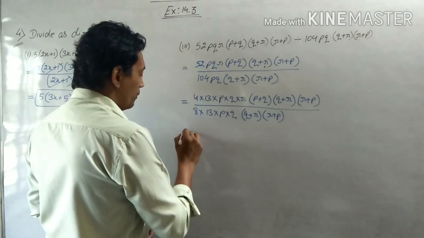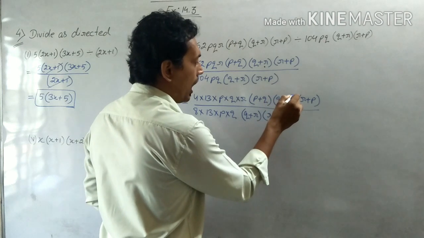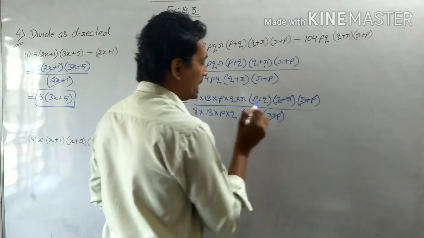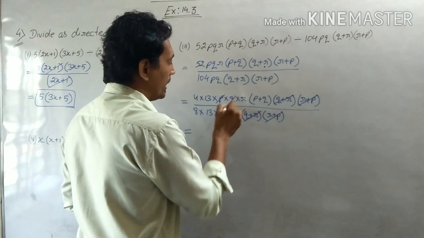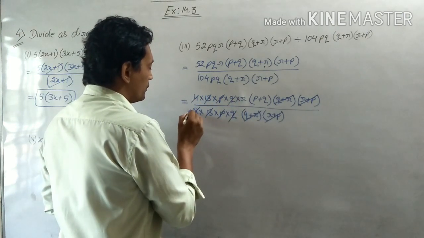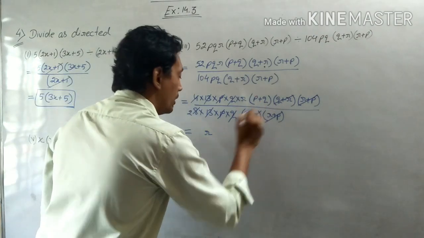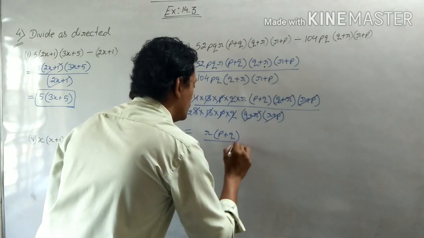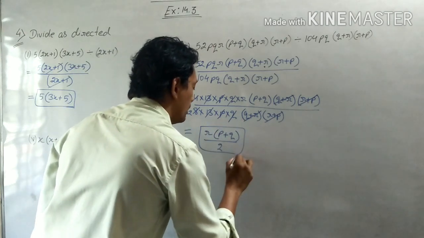Now clearly students, we can cancel out the common factors from the numerator and the denominator. There is q plus r here, which gets cancelled, r plus p, which gets cancelled. We have p here, which gets cancelled, q gets cancelled, 13 gets cancelled, and 4 ones are 4, and 4 twos are 8. So what we are left with is r into p plus q, whole thing divided by 2. So this is your final answer.